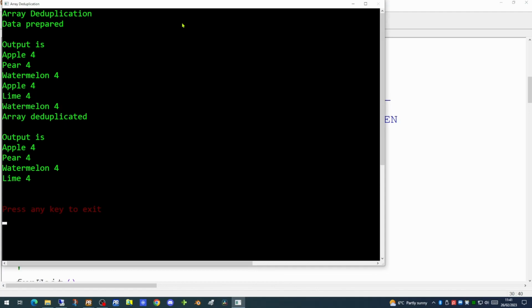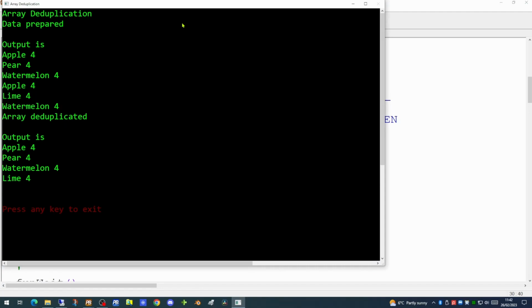So our source array has been populated with some data. We have then outputted that data to the console. So our function to display this source array is displaying the records on the screen. And we can see from this that there are a couple of duplicates in this source data. The apple and the watermelon are duplicated.